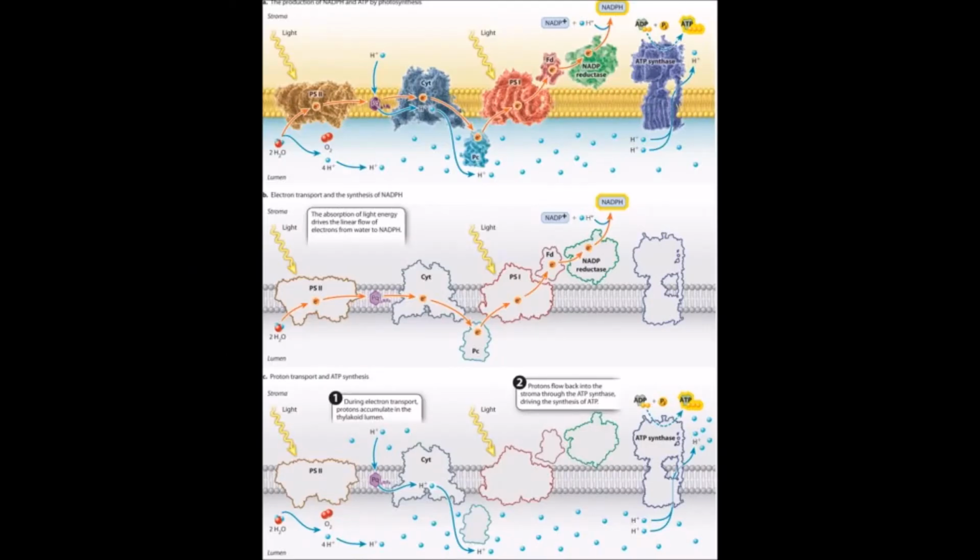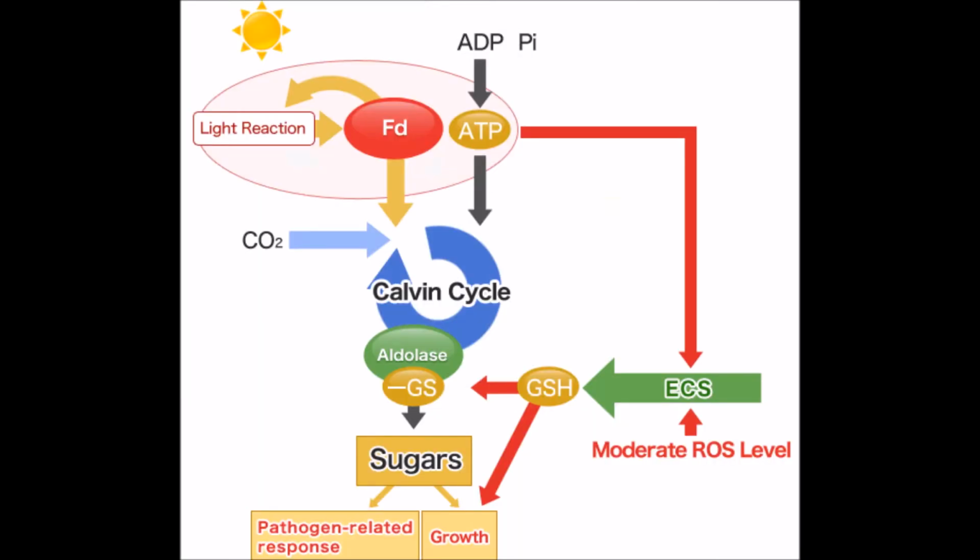Step 1 in the process deals with photosystem 2. It absorbs light energy, exciting electrons that enter the chain. When it loses an electron by oxidation, it is able to pull electrons from water, creating oxygen as a byproduct. The energized electrons continue to flow down the chain, releasing energy that is used to pump hydrogen ions into the